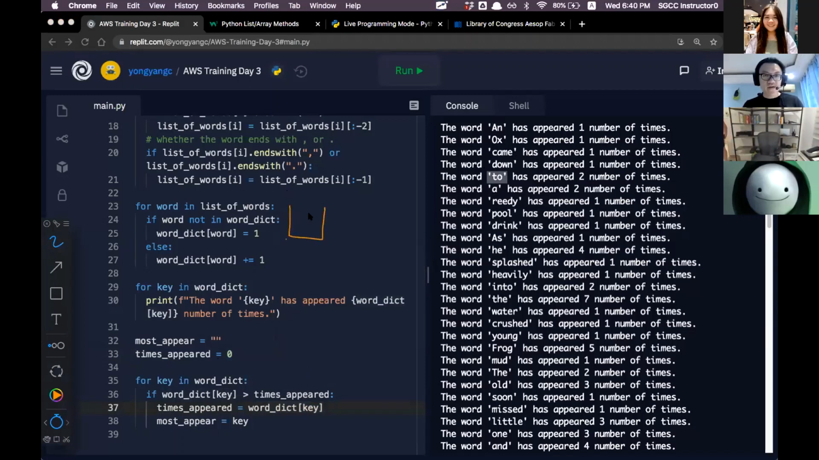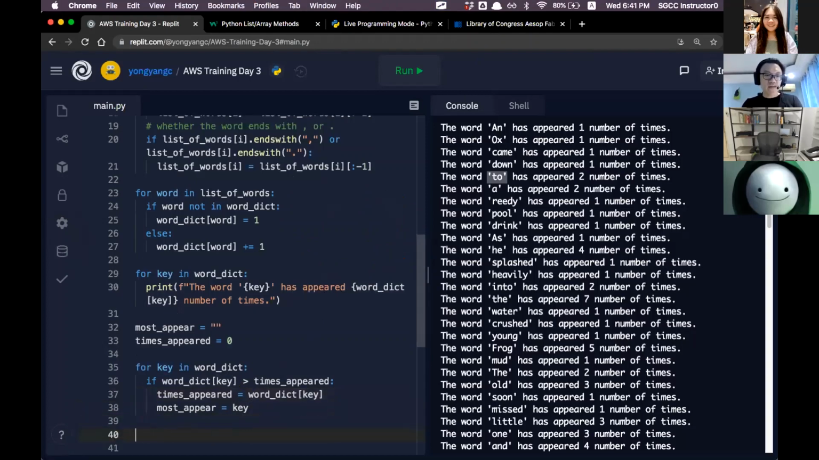So let me just try to visualize this by using a variable. I have a variable that keeps track of the most appeared word, and another variable that keeps track of the number of times it has appeared. Only when a word has appeared more than the number of times appeared of the previous word will this be replaced with a new value. Okay, so when I run this, and at the end of the day, I print